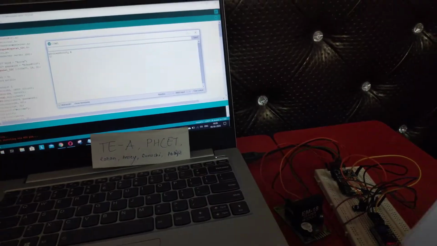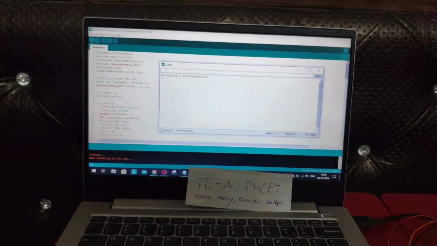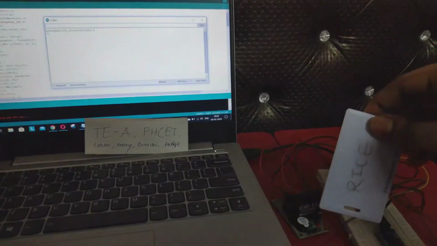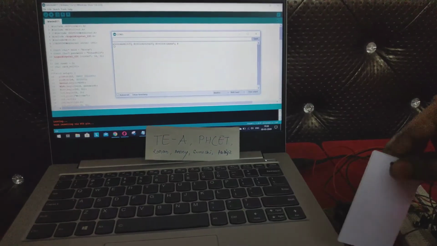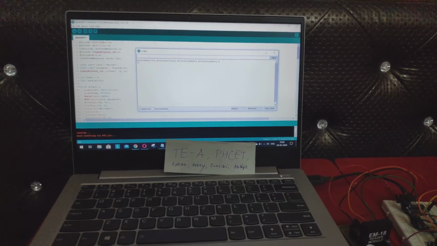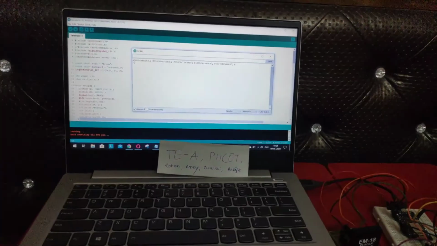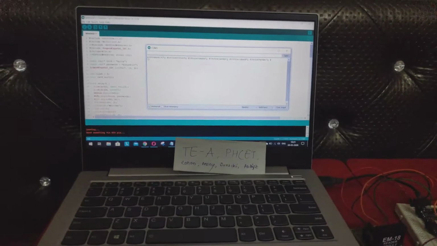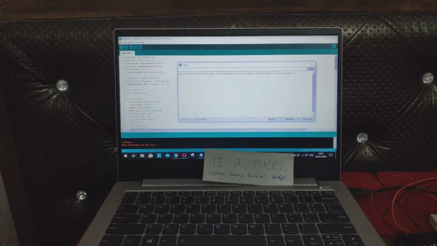Now let us scan the soap. The soap has also been scanned. Now let us scan the rice. Rice also gets added. It has been deleted, so once again we will scan. Now we will scan tea. Thus our 4 products have been scanned. Now let us see the portal to see our final bill.